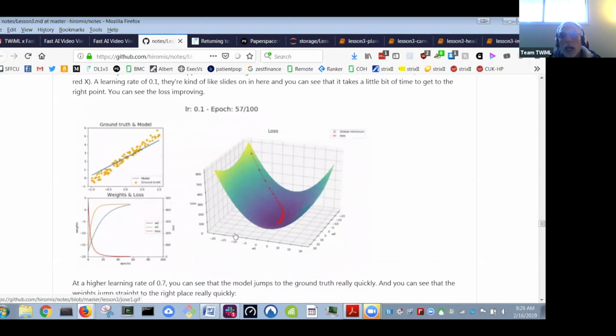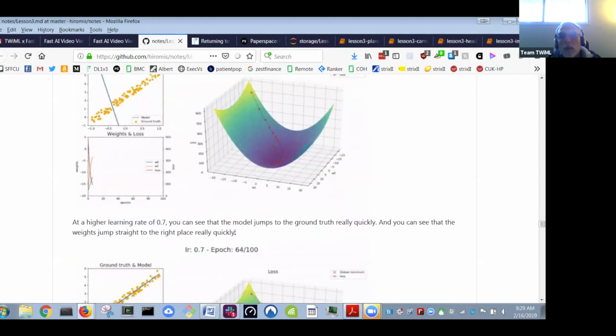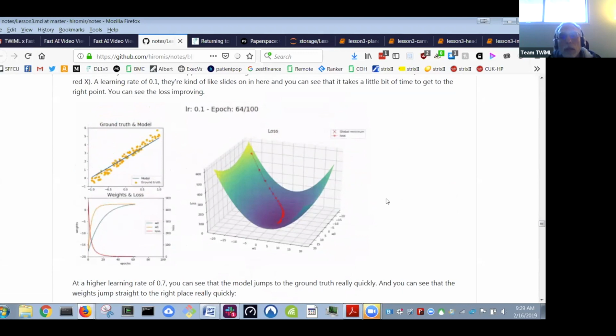Oh, this is a nice video that somebody made of the training process. So these two dimensions are two of the weights, and this is the loss function, and it's showing how training starts: you randomly initialize the weights, and then by training with